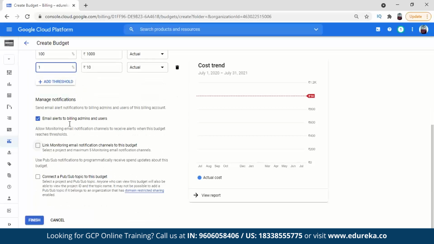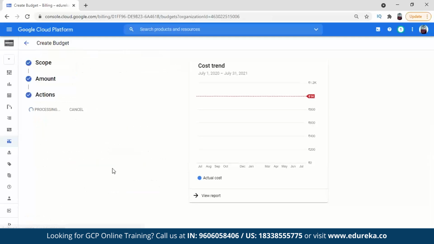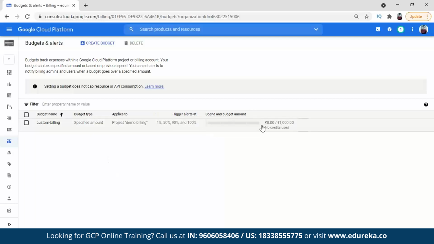And you can enable email alerts. It will email you, so you can choose this to get the email for the threshold. Then you can just finish it. So the custom budget has been made, and 0 credits are being used out of 1,000. That has been done. Then what we can do is